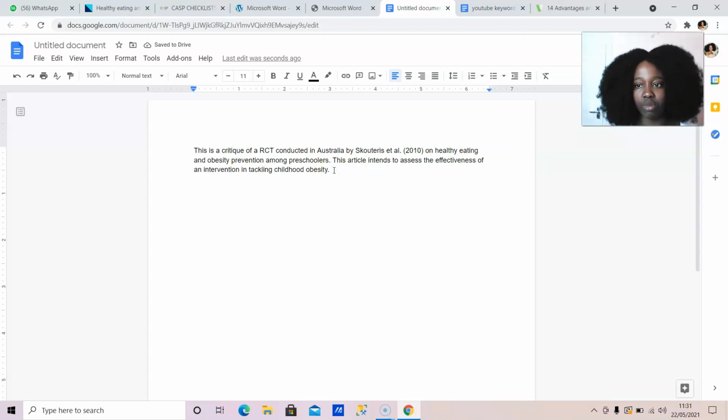I'll go ahead and talk a bit about childhood obesity. That way, I look like I know what I'm saying. I look like I know what I'm doing. I'm well read. I didn't just read the article. I read way beyond the article, right? So I would go ahead and write about childhood obesity and present it as, let's just assume, some of these things. Childhood obesity